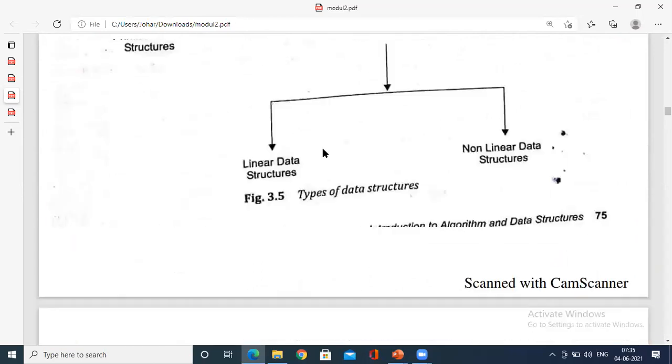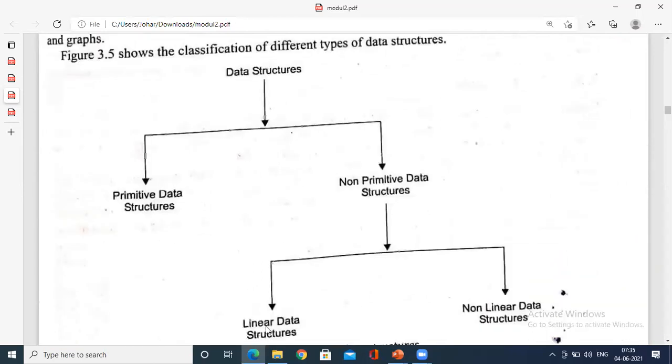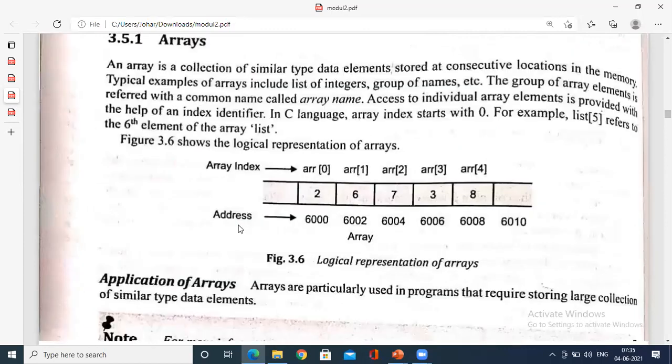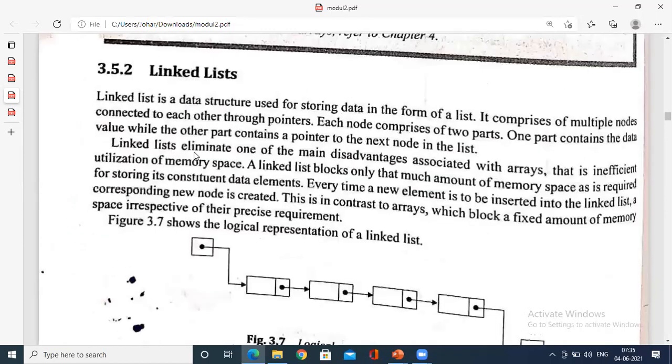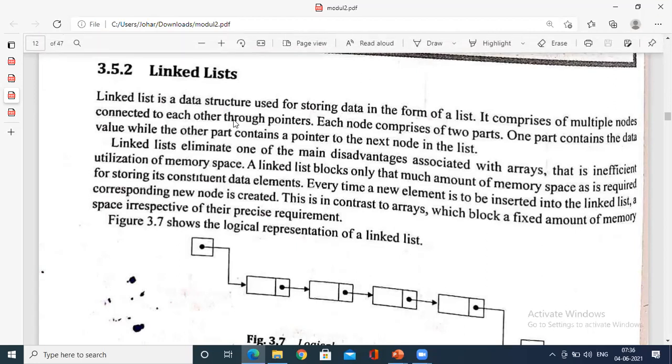So linked list was also one of the parts. This was the major question in module 2: what are the different types of data structures, explain any one. So linked list is a data structure used for storing the data in the form of a list. So the name is list.